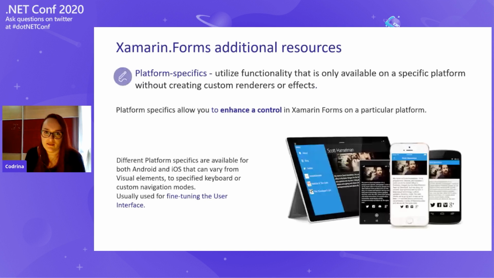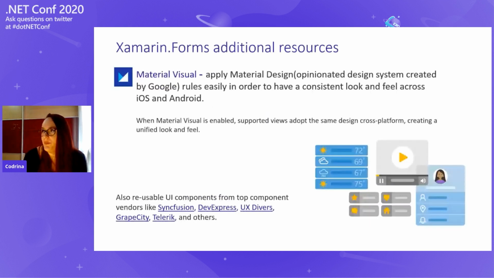So in this case, in your code, if you're creating, I don't know, a label or something, you can say that on Android it will have a margin of 10, for example, and on iOS you want to give it more. And with this tag, you can do it very, very quickly. Another thing I wanted to point out, if you want to rely on the Material Visual design that is created by Google. If you, like me, are not more of a designer and want to rely on something that is already there, you can add this capability in order to have a consistent look and feel across iOS and Android, and use this design